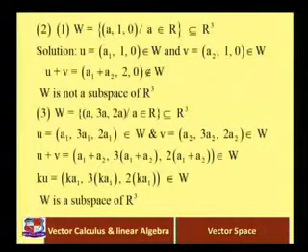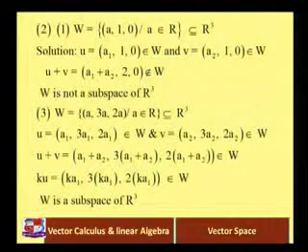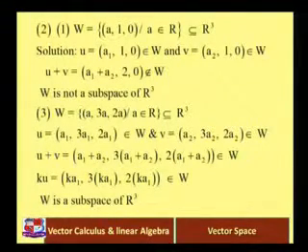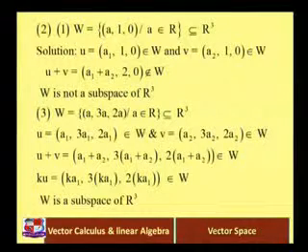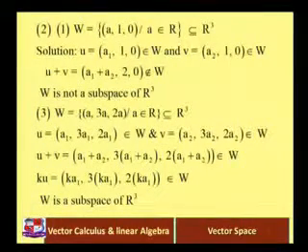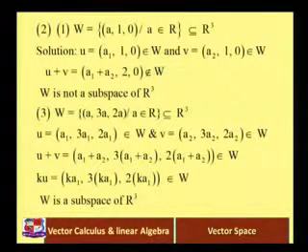Okay. The third one, W is equal to (a, 3a, 2a), where a belongs to R. Take u equal to (a1, 3a1, 2a1) belongs to W and v equal to (a2, 3a2, 2a2) belongs to W. Take u plus v. Here we use standard addition; again I repeat, we use standard addition and standard scalar multiplication from R3, R2, R4. So u plus v is equal to (a1 plus a2, 3 into (a1 plus a2), 2 into (a1 plus a2)). So that also belongs to W, because you can see what type of element